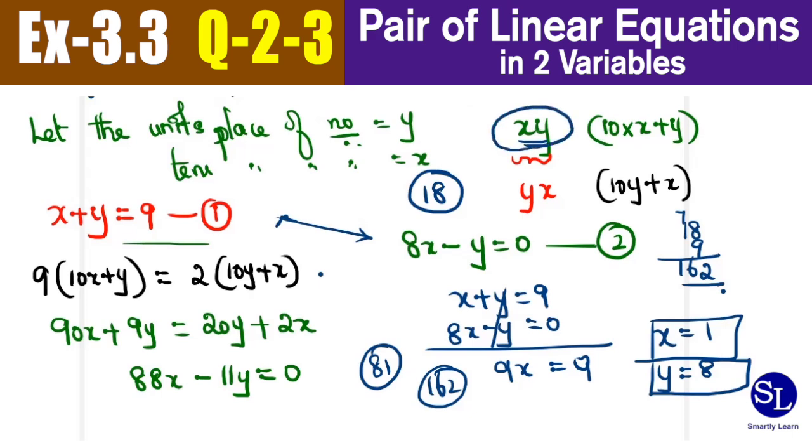Please note how you defined the variables in the beginning stage. That will define the value of the original number. Since I defined y in the units place and x in the tens place, I should also take care to write in the same order to declare 18 is my original number. After all this calculation, if you end up saying 81 is the original number, then your answer is wrong. So please take care to ensure whichever variable you have used in the correct places, apply that to get the original number. So we have derived the value and we have verified that our answer is right.